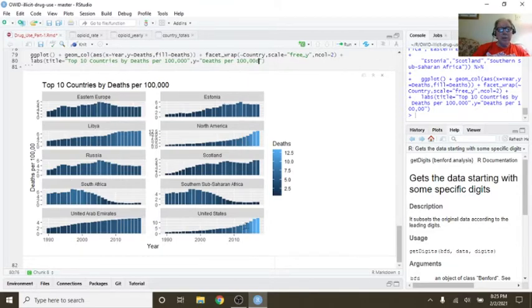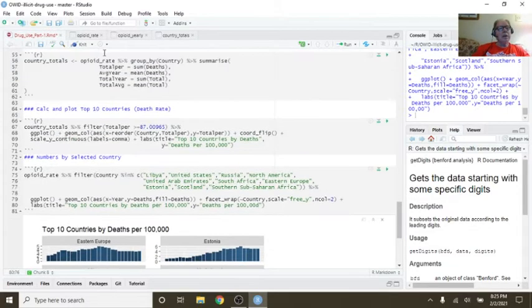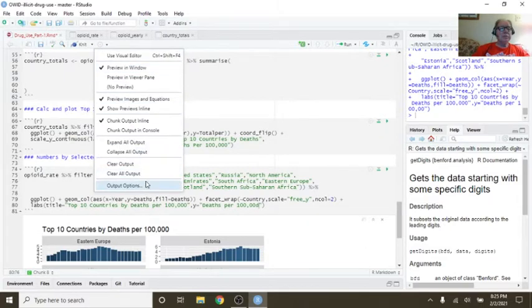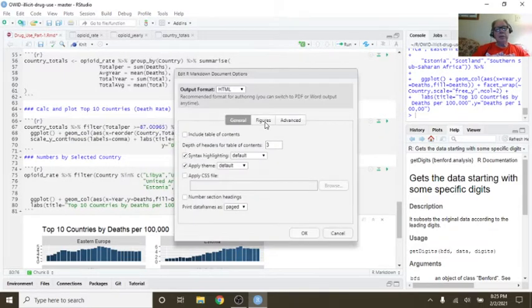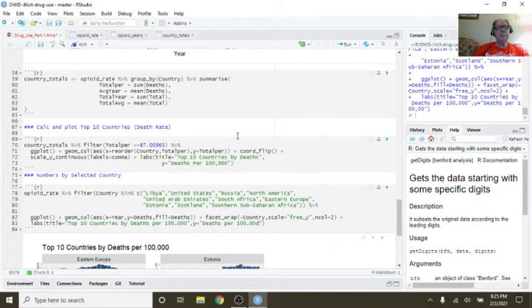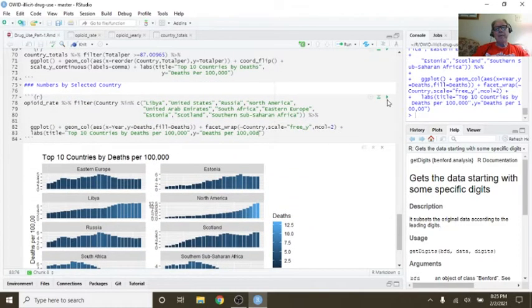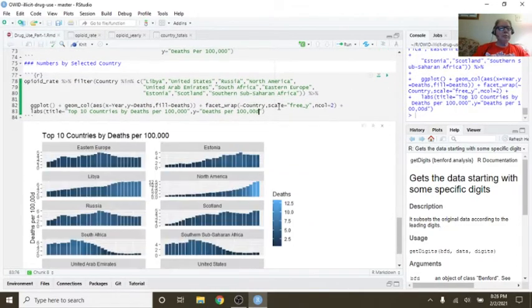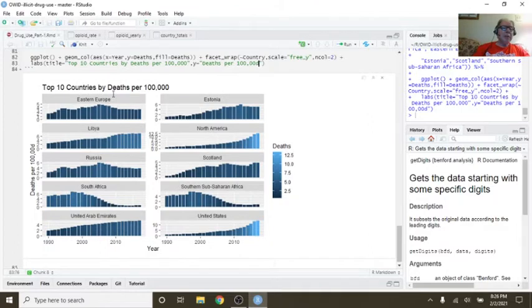The United States had, let's come back up here, just change the figures a little bit. Top 10 countries by deaths per 100.